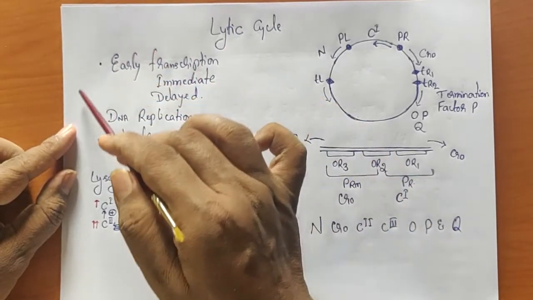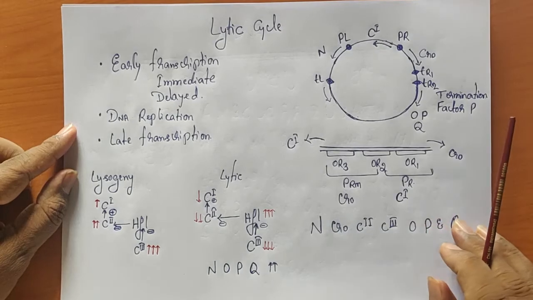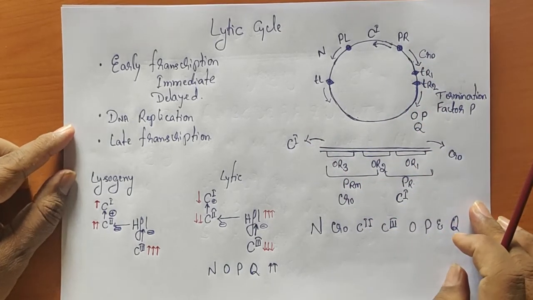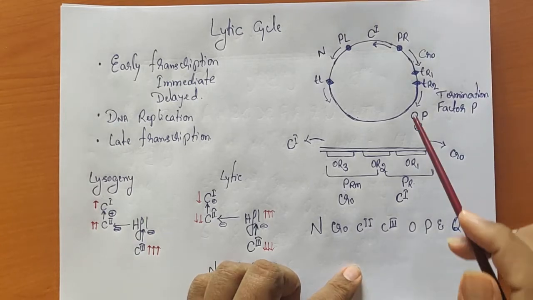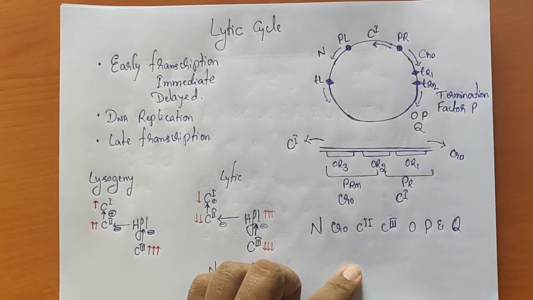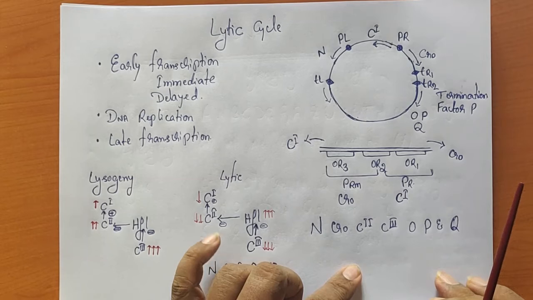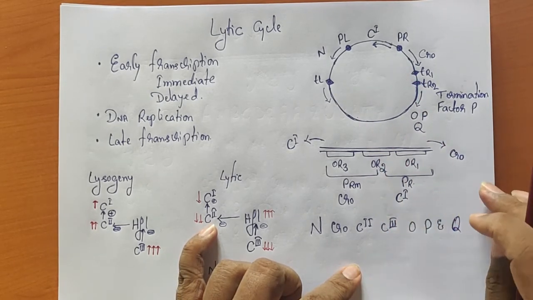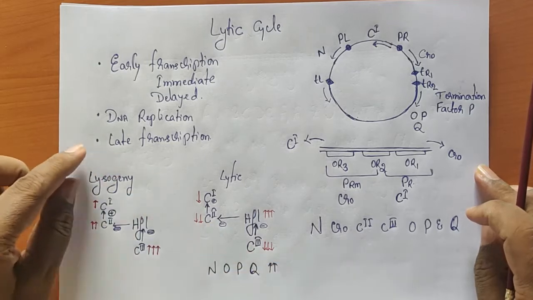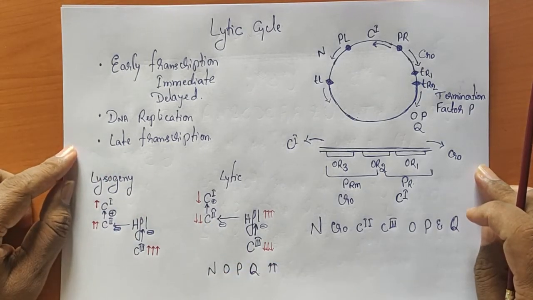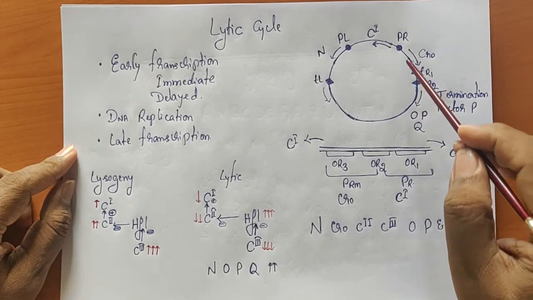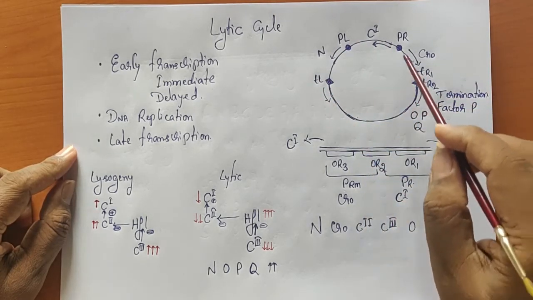In order to understand that, first we will study, as I told you, that once the lambda DNA is inserted, under the cos site, it will become a circular one. In order to understand most of the regulatory elements as well as the promoters which are important in the generation of the gene products for the lytic cycle, we can try to understand this diagram. Now this is the circular